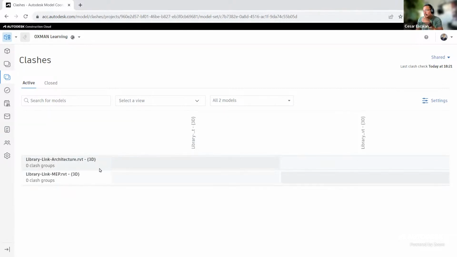What I suspect is that these two models are not aligned, so they are not falling in the same spot, and therefore there's nothing to clash. But this clash matrix is usually done automatically,